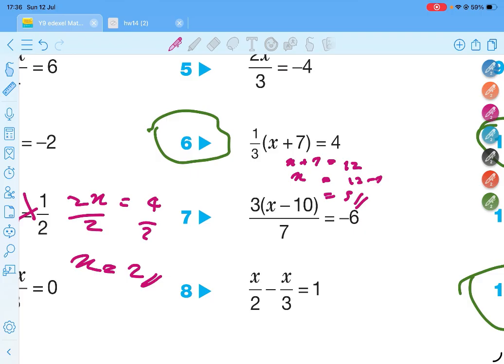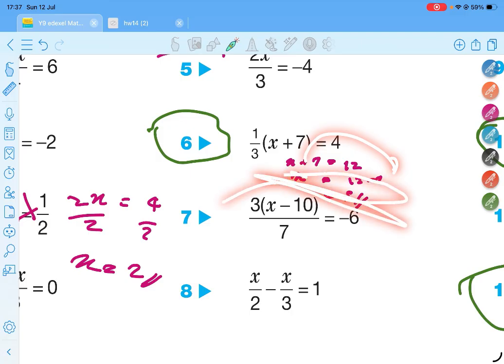Why? These are two terms, no? Now this is one term. Now here, this is connected using what? A multiplication mark. Right? This is in the numerator, no? So the denominator. You need to multiply both sides by 3 to remove this. Then x plus 7 remains. 4 times 3, 12 comes here. Then this plus 7 goes to here as minus 7. 12 minus 7, x equal 5.